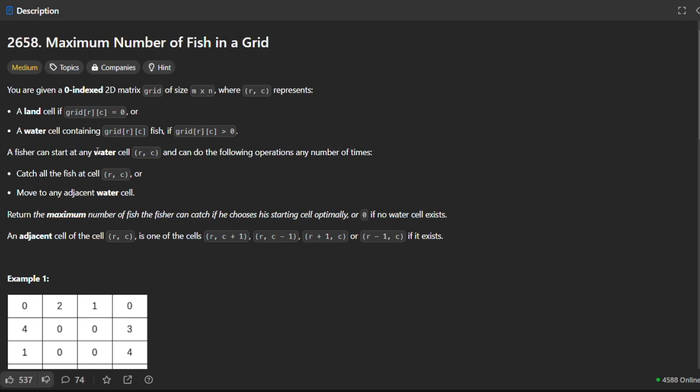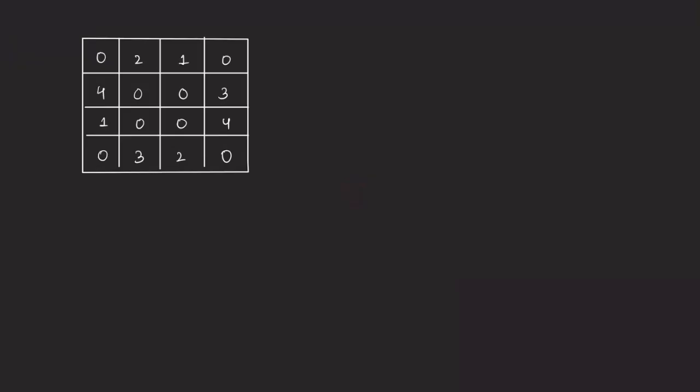A fisher can start at any water cell and can do the following operation any number of times: catch all the fish at that particular cell, or move to any adjacent water cell. Return the maximum number of fish the fisher can catch if he chooses his starting cell optimally, or 0 if no water cell exists. So what they are saying is that in the input we are given an m cross